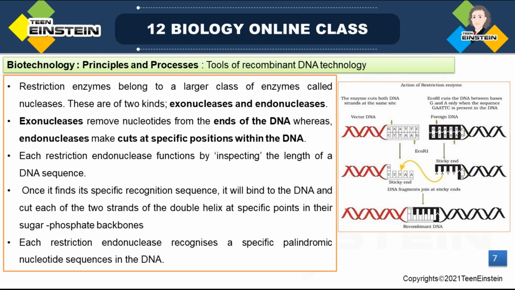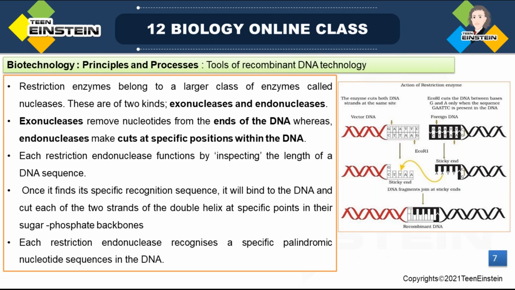Then it will identify that six base pair specific sequence, which is the recognition site that will be identified by the HinDII restriction enzyme. But here we are generally speaking about restriction enzymes. Each restriction endonuclease will first check the length of the DNA sequence. So once it finds the specific recognition sequence,